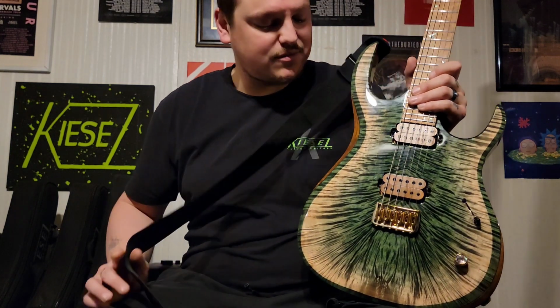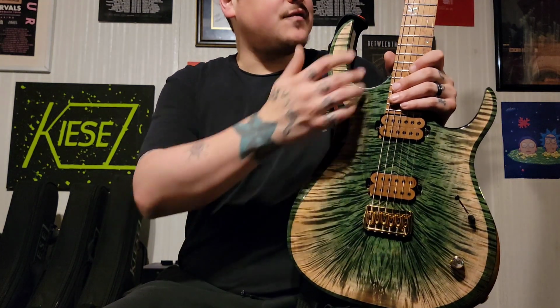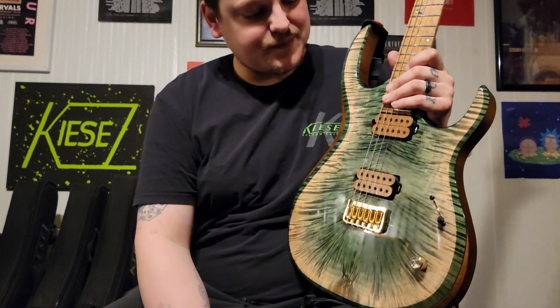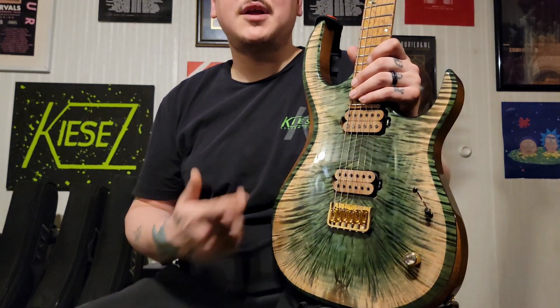It was really touching. I really appreciated that. So yeah, a lot of the standard features it comes with is the Lumen Lay side dots. I added an abalone top gold knob. It's perfect. I went for medium jumbo frets